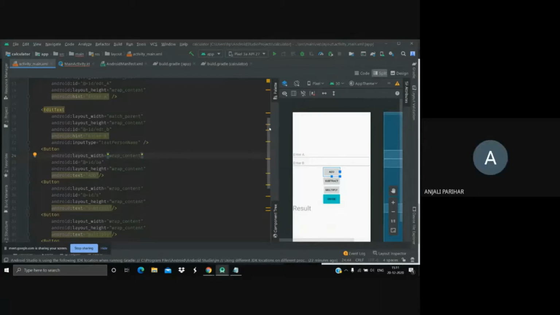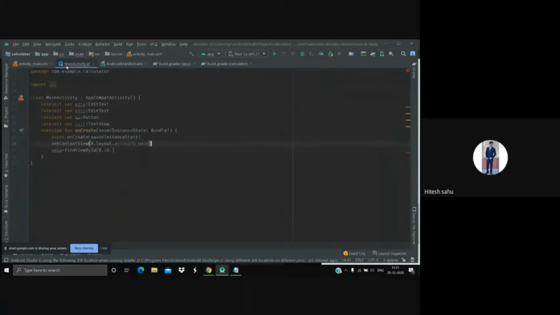Anjali, you can open the Kotlin file. Yeah. So we have created a variable here, you can see edtA, of type EditText, but this EditText is of Kotlin, not of that XML. Now we have to give the reference to this edtA of Kotlin.